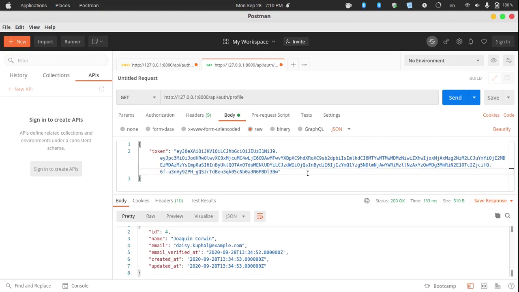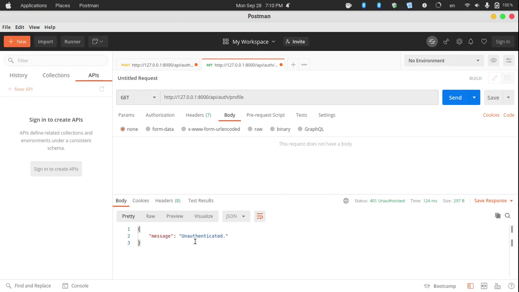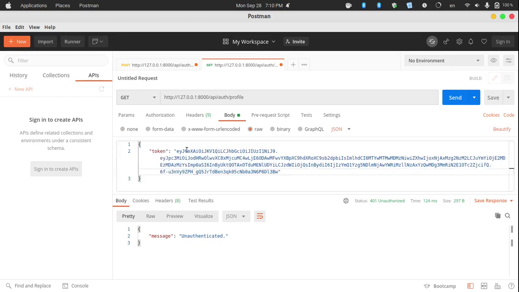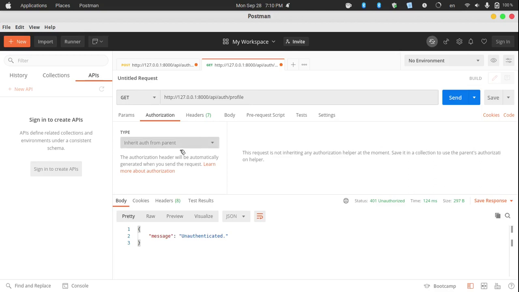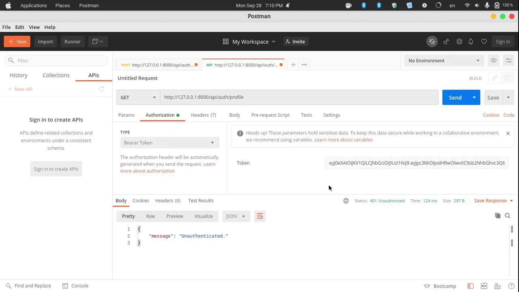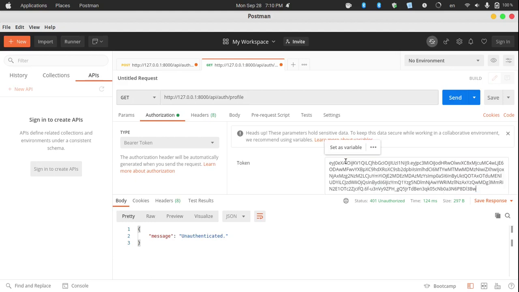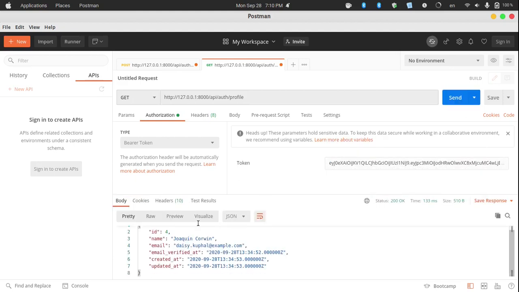Okay, it's working, but if we make this none, unauthenticated. Okay, so I'm just going to remove this, and we can also use another method, that is the authorization header. You can use this Bearer token, then here you can paste it and send it. You will see this